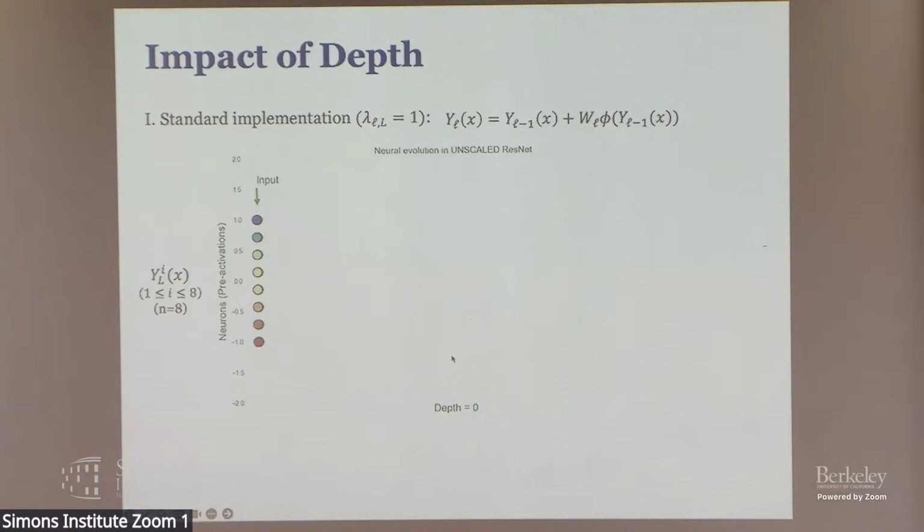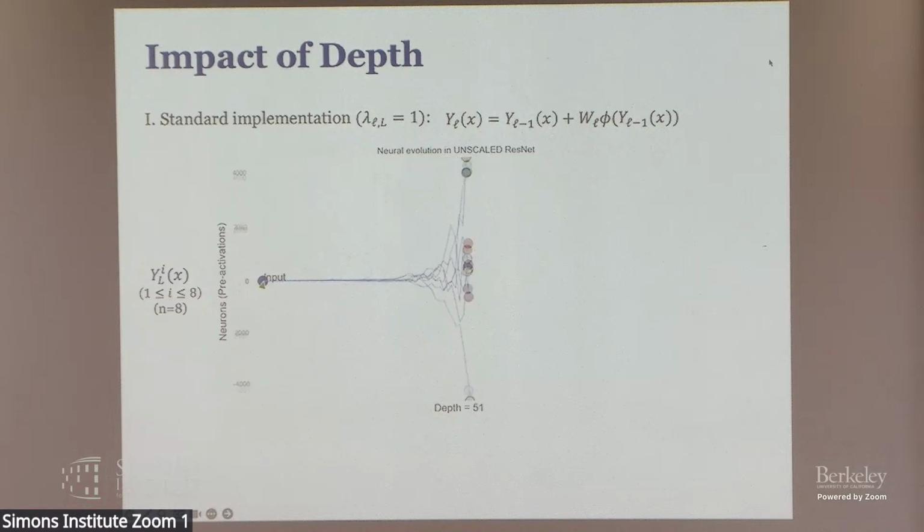We're going to show a simple simulation where I show the last layer. These are the neurons in the last layer. The embedding dimension here is 8, so we have 8 neurons here. The y-axis is the values of these neurons, and I just ordered them by value. I'm going to show you what happens to these neurons in the last layer as we increase depth with this architecture. This is at initialization, so I didn't train anything.